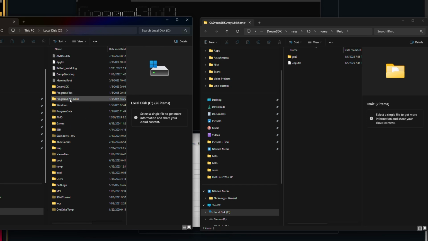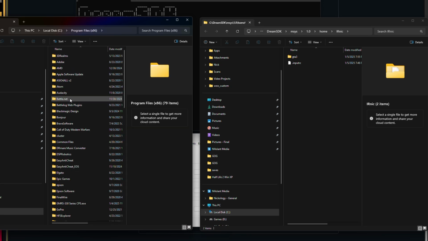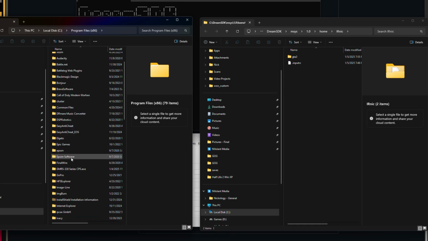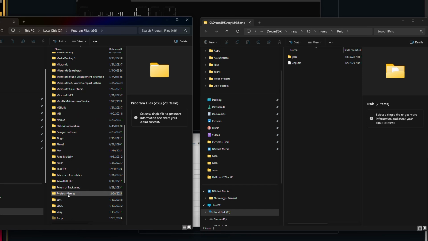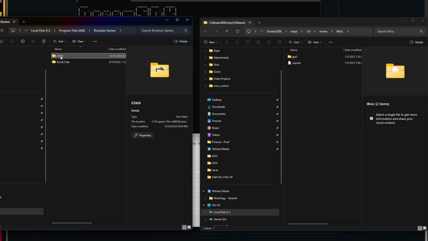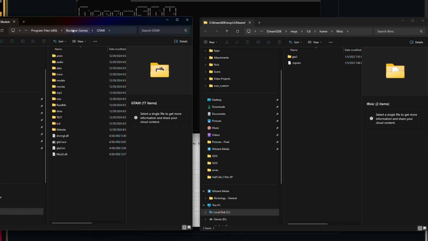It should be, I believe, Program Files x86 under Rockstar, wherever you installed it. Yeah, it would probably be over there, x86 Program Files, Rockstar Games, GTA3. Once we get to the Rockstar Games GTA3 folder, you see these folders with the GTA3 executable and anim and audio and data and stuff like that,